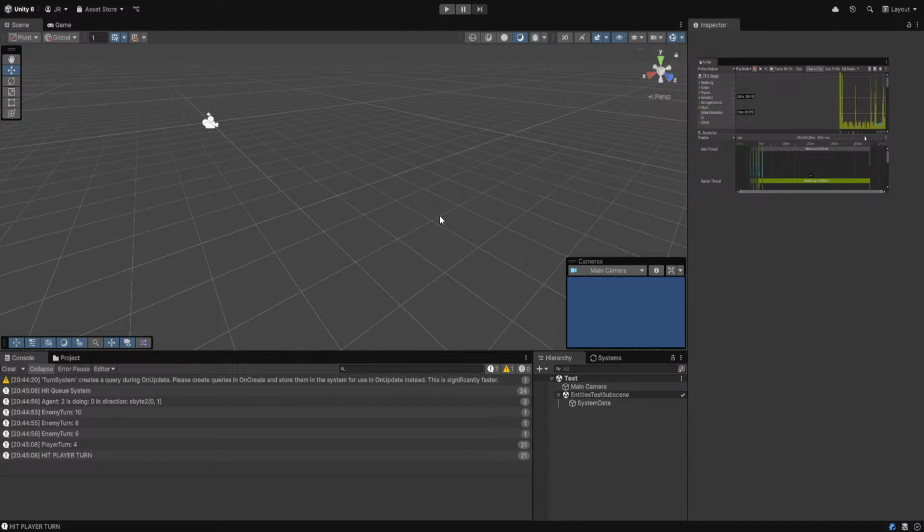Why is it taking you 2 minutes to recompile this script? I hate when Unity bugs out. Okay, let me